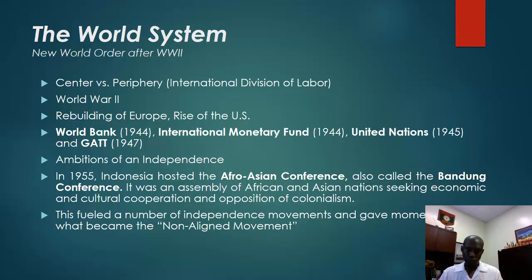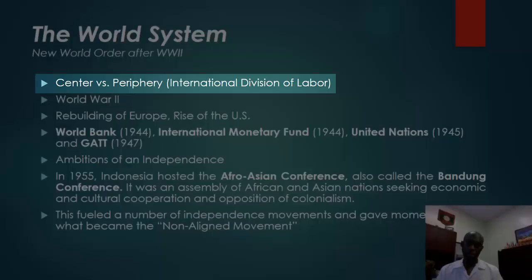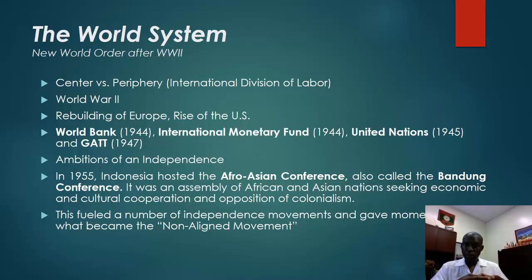So the entire infrastructure that was created by Europe, the roads, the railroads, the bridges, the ports, and everything else that supported the moving of materials from Africa to Europe was built not with the idea that they were going to create something for the Africans to benefit, but only for the Europeans and the economy of Europe. So thus you had this international division of labor that was created, where you had the center nations or the core nations, which were represented by European industrial countries,